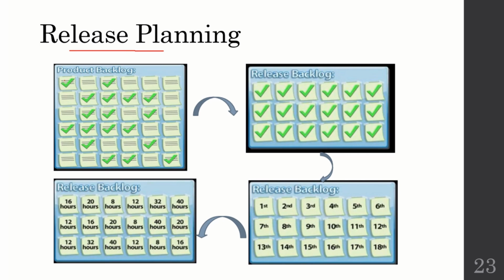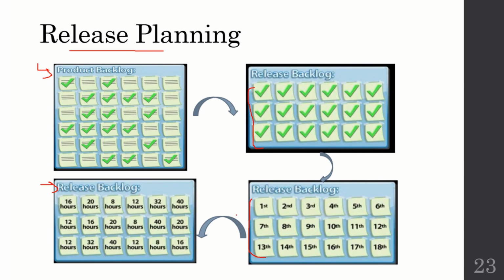In release planning, we basically want to convert our product backlog to its refined version, that is known as a release backlog. Here you can see that this product backlog passes through different stages to reach its final form. First, we take the view of release backlog, that is having the most important requirements that are being placed by the customer and the stakeholders. Having these requirements, then we move to the next step, in which we prioritize the requirements according to the nature of a product and the necessities defined by the user.